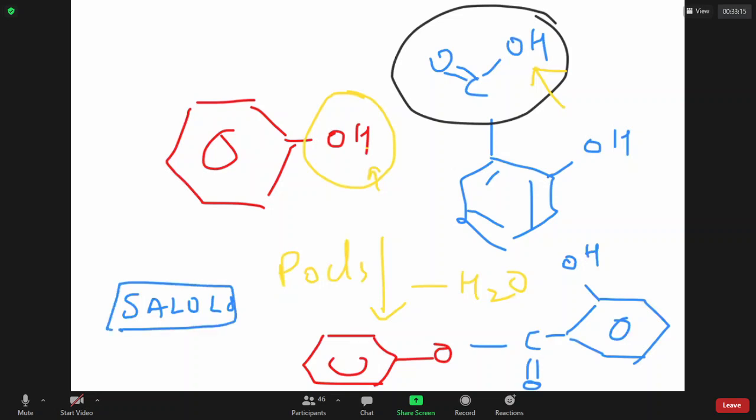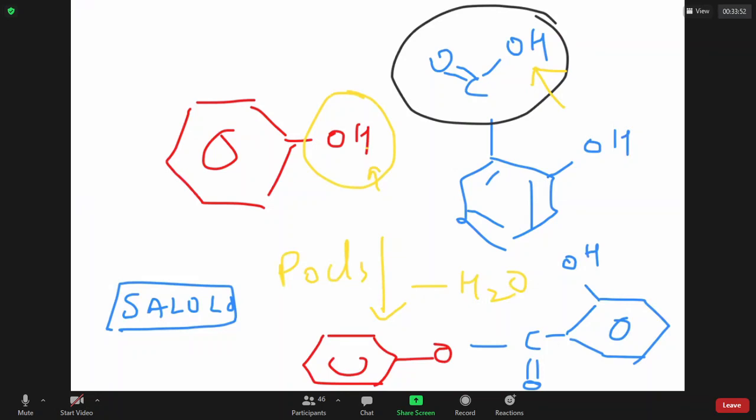The salols are phenyl esters of salicylic acid. They are used to relieve body aches, headache, cholera, dysentery, and so on. They are naturally present in the bark of certain trees, and the leaves of the jamun tree also have this. So they are naturally taken from the leaves, or they can be artificially made, and that is used in the manufacture of your Zandu Balm. Zandu Balm is a salol.